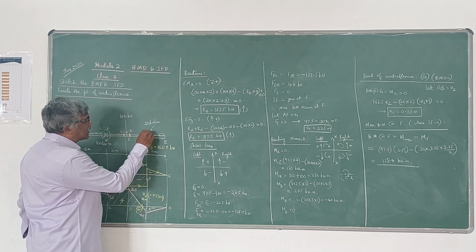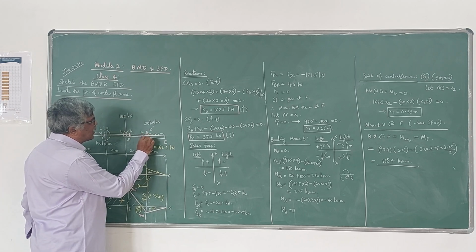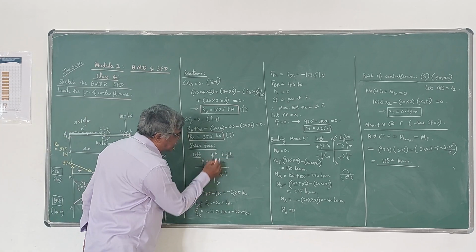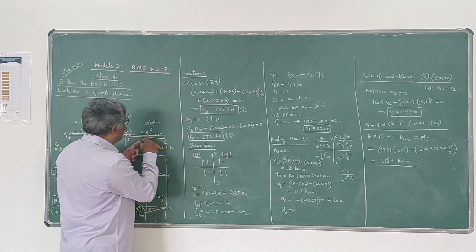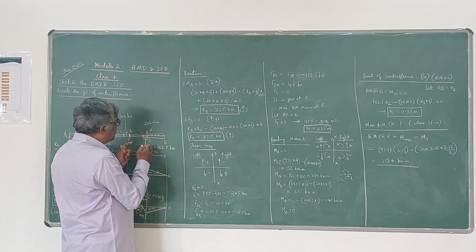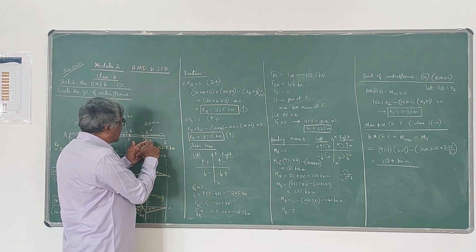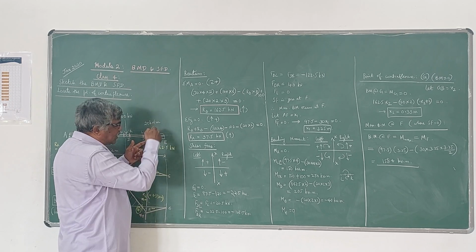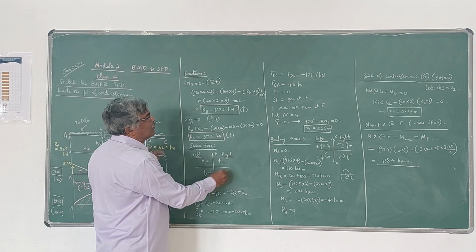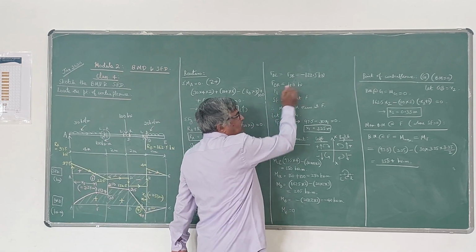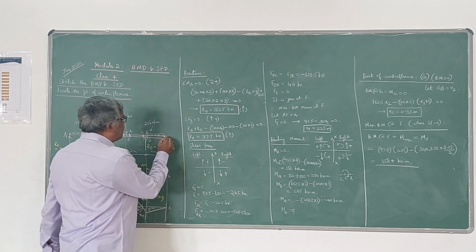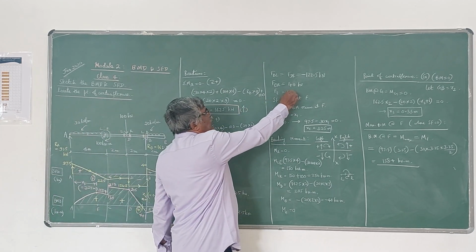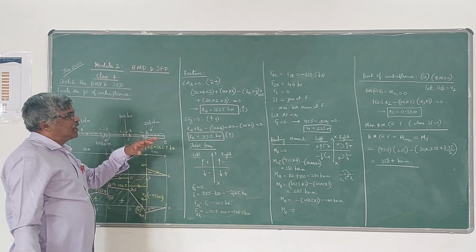Then I will take the right of B, which is up to this point. Now you can just see the right side. When you are seeing the right side, you have to follow this sign convention. On the right side, only this UDL is seen. This reaction is not seen. If you are seeing the right side of B, only this UDL is seen, that is 20 into 2, which is acting downwards. Downwards is positive, therefore it is 20 into 2, 40 kN positive. Now at the last point E, if you see the right side of E, nothing is there, therefore the shear force is 0. So at A and at E, shear force is 0.